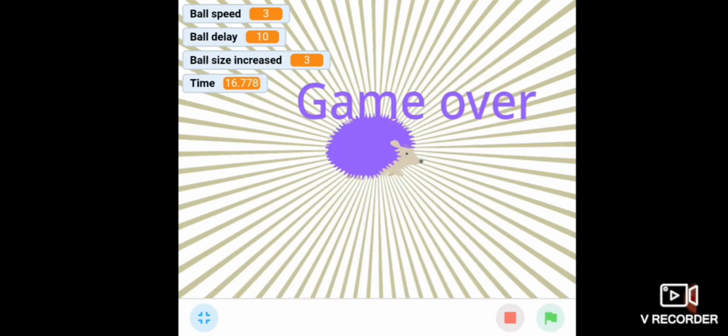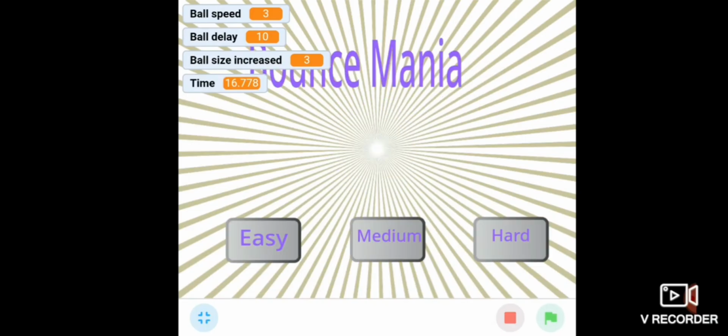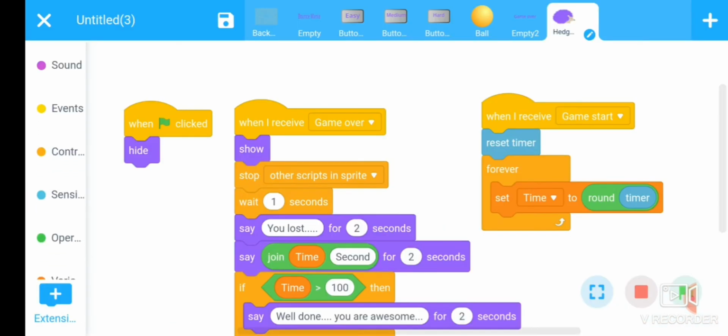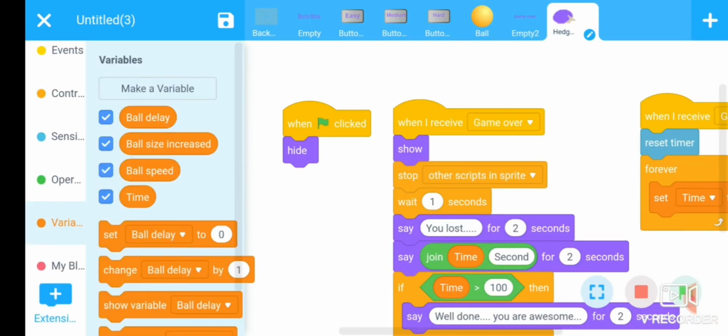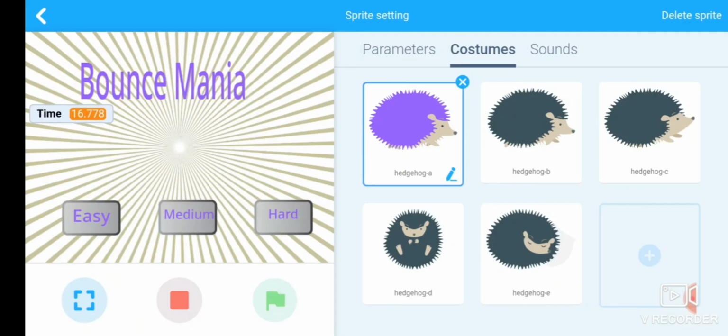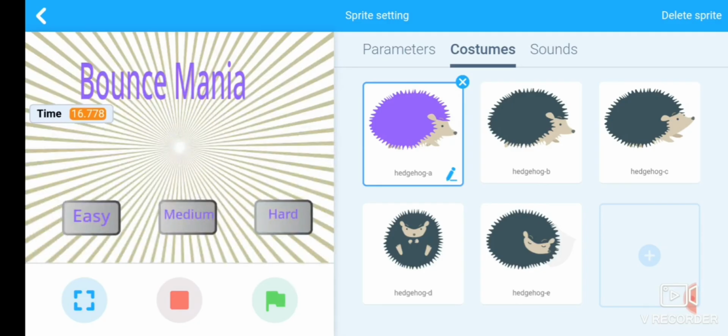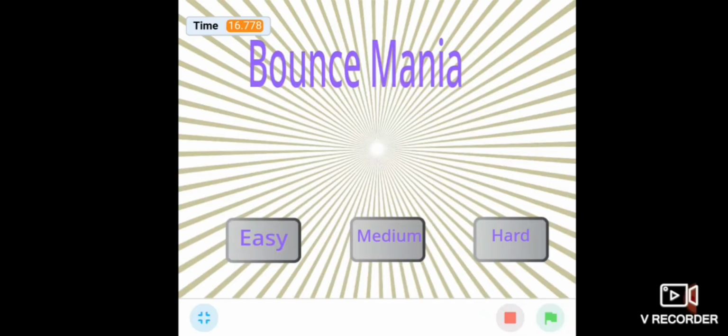Run the program. First, we have to remove all the variables except timer from the screen. So uncheck all the variables. Fine.